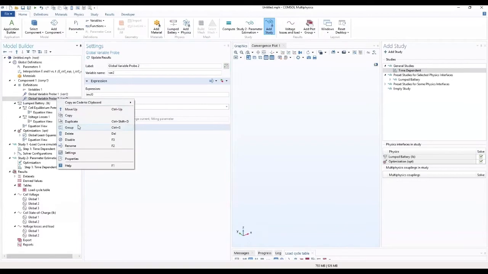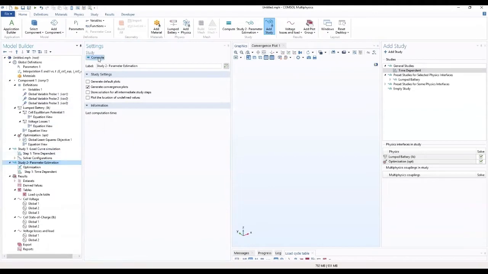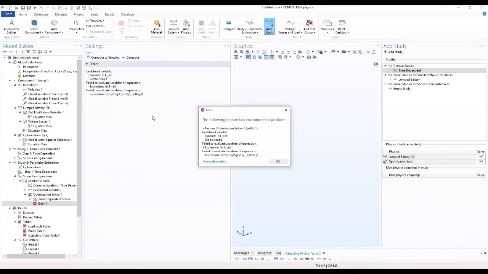We duplicate it again, the third time. Change this. Then we go to our parameter estimation and want to compute. If you find an error,